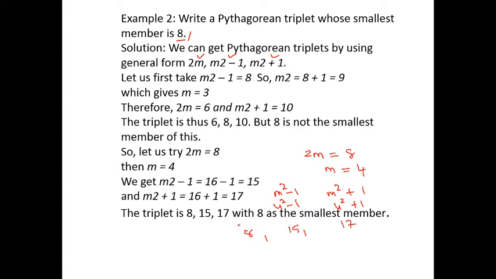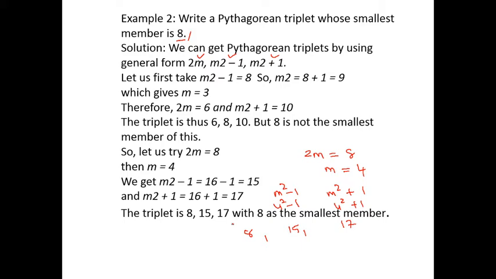So it depends how we are finding. Now, as one example, 6, 8, 10 we can also find by this. m square minus 1 is equal to 8, so m square is equal to 9, so m is equal to 3. Now if I write that 3, then 2 into 3 is 6.